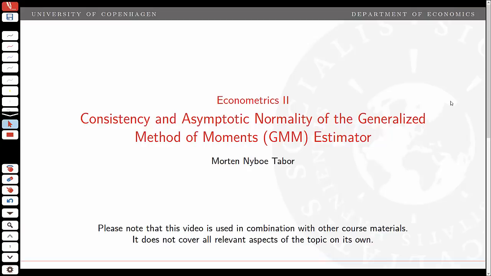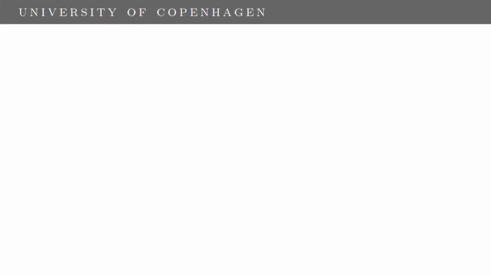In this video, we'll give an outline of sufficient assumptions for consistency and asymptotic normality of the generalized method of moments estimator. First, recall that the GMM estimator, where we have over-identification, so r is greater than k, is given by theta hat GMM,